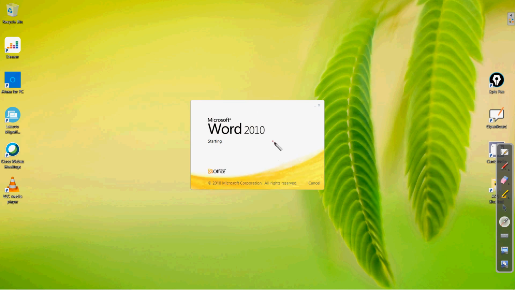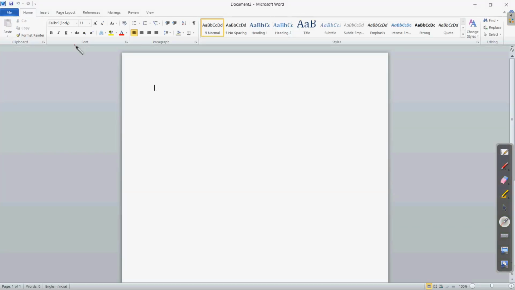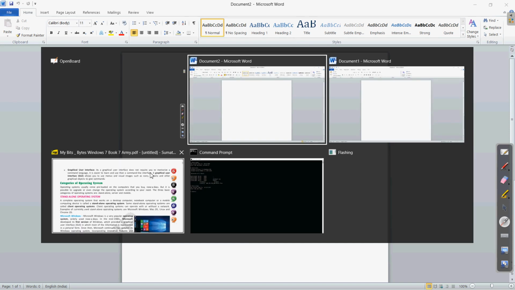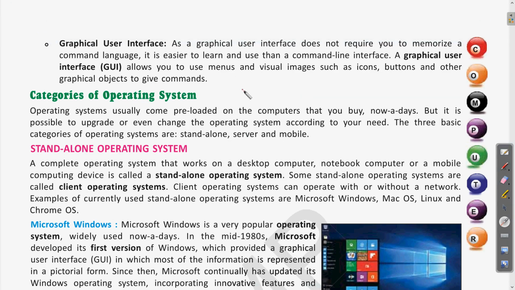If you are opening MS Word or any of the software, see here, whatever the things you are having, they all have menus. So by seeing them only you can be familiar with what is the function of that by the name, insert, page layout. So these are the different things with which you are familiar, and by seeing that only you can use them. So that is the advantage of graphical user interface. If you have everything in front of you, it will be easy to work with the computer or the software.